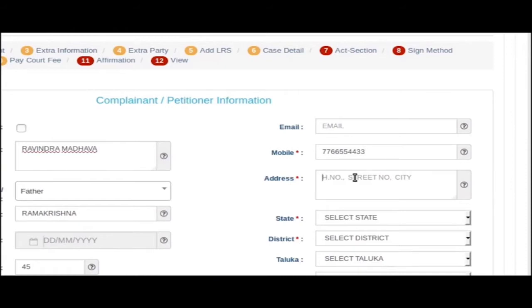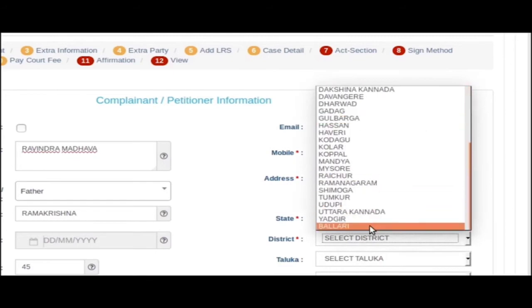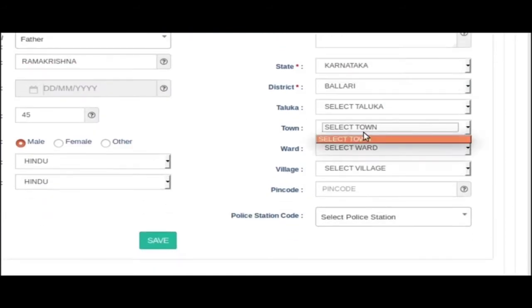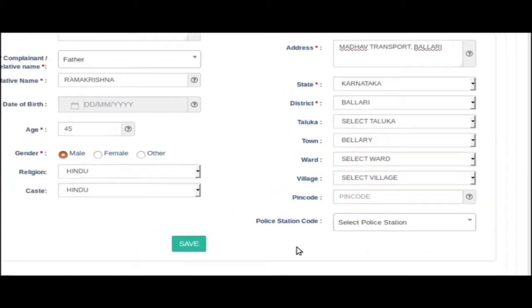Fill up date of birth, age, gender, address, state, district, your taluk, your town, your village, PIN code, police station code, and after filling all the fields, click the Save button.